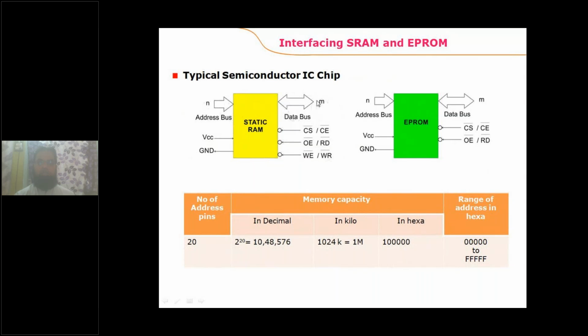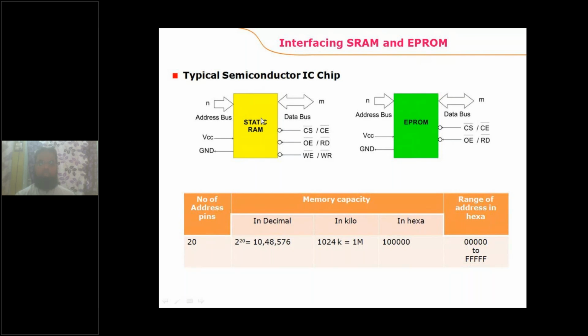For a memory chip, the number of data lines is 8, and the number of address lines N is less than 20. The maximum size of the RAM and ROM can be 512 kilobytes, and two 512-kilobyte memories can be connected with the 8086 processor.